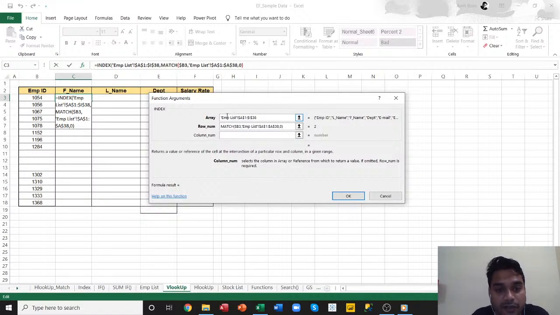So we are working on the index function argument. The first argument I have given by selecting the array, that is the table range. The second argument I have fulfilled by using the match function. The third argument, column number, will also be taken care of by the match function. So over here I will write match again, will open a bracket,